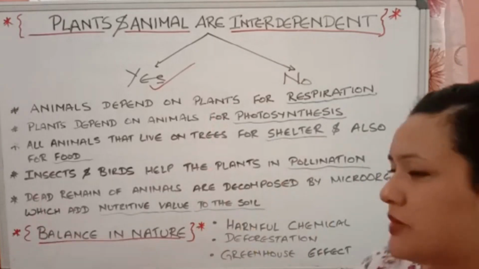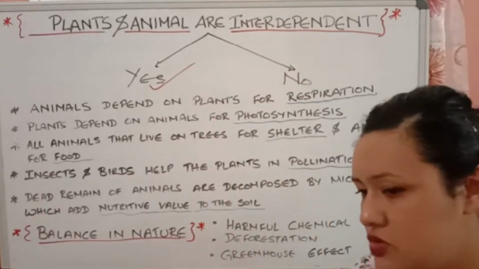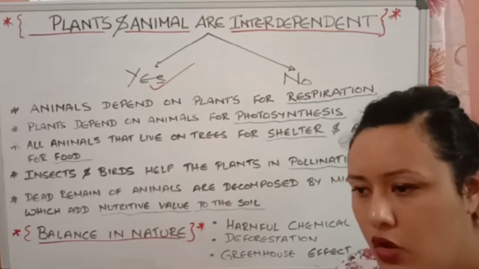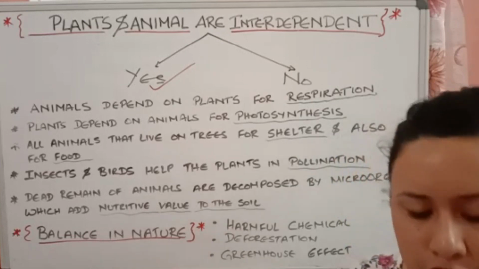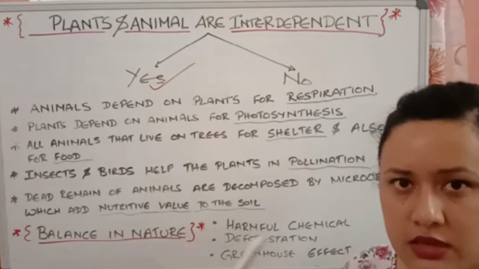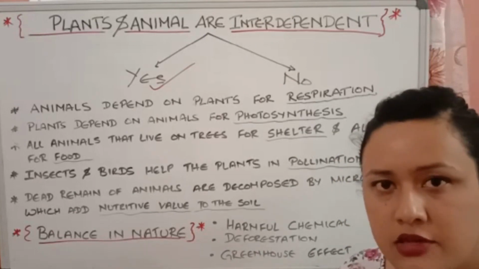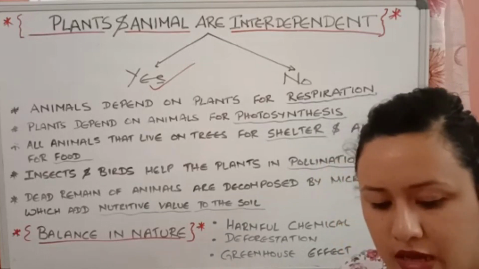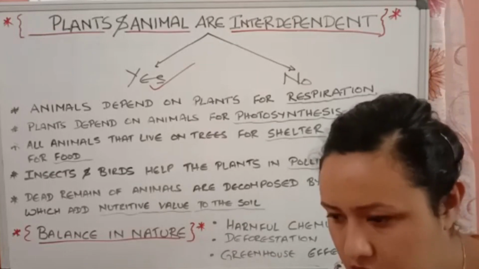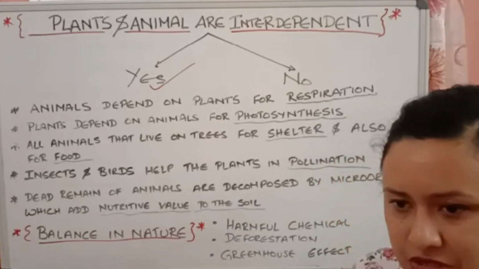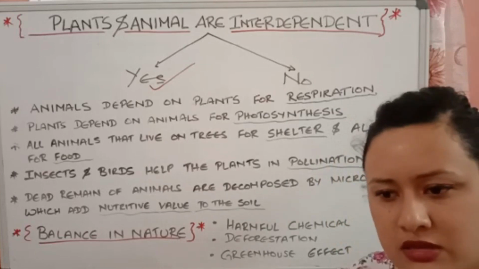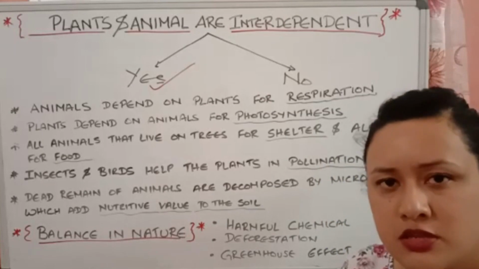Now you can see the second topic here, balance in nature. In order to understand this, I'll give you an example. You'll understand it clearly. Take an example of grass, deer and tiger, the food chain of it. The food chain of these three categories, trophic levels. Grass is eaten by deer. Deer is eaten by tigers. Suppose all the deer that are present on this earth feed on all the grasses, it finishes it up.